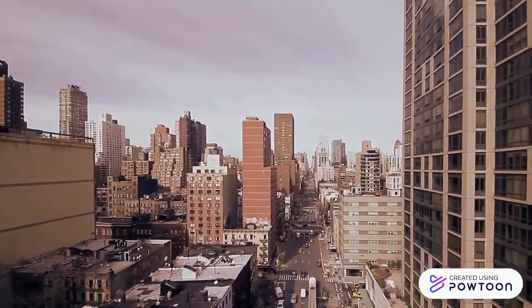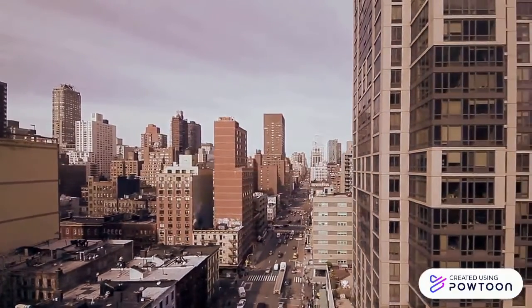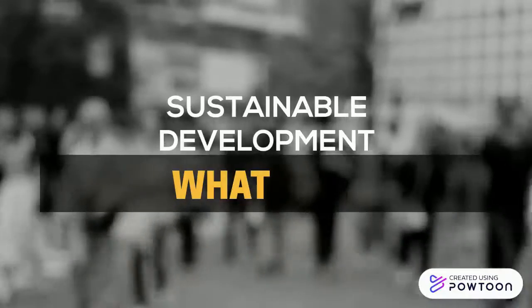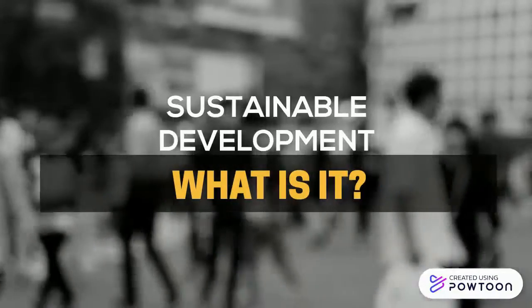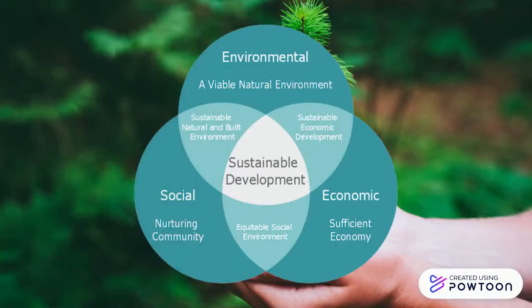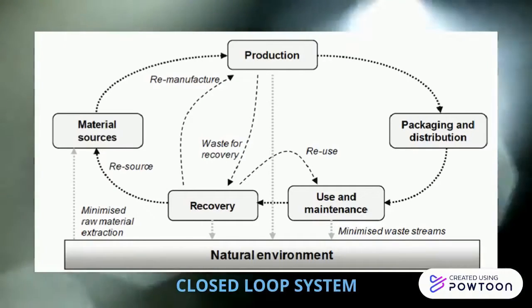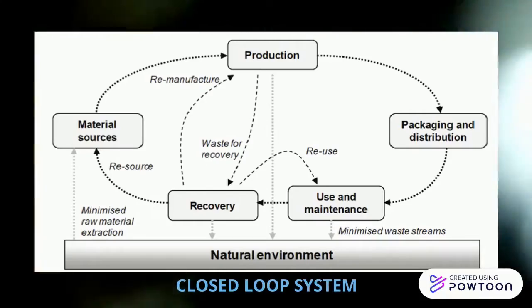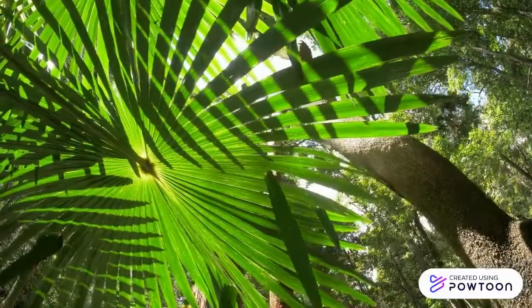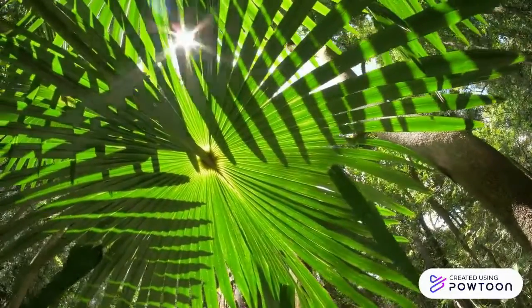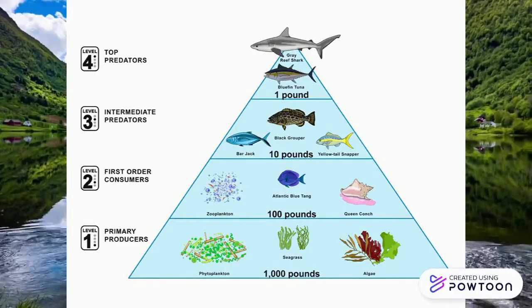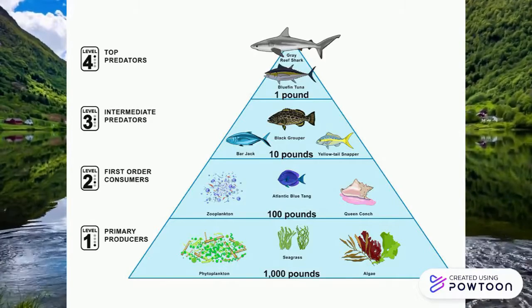When we discuss community development in society, we can relate it to sustainable development. What is sustainable development? Sustainable development is defined as an approach to developing or growing by using resources in a way that allows them to renew or continue to exist for others. Sustainable development can be seen in the closed-loop system. A closed-loop system is a cycle that maintains the balance of the ecosystem. We can see the closed-loop system applied in the food chain pyramid between animals and plants.